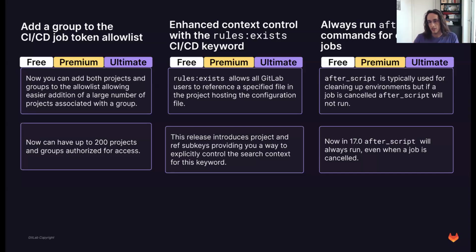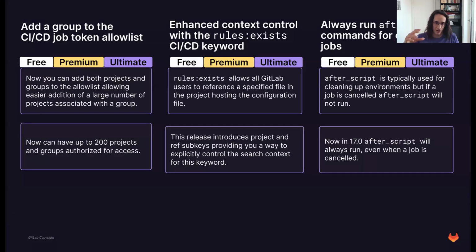And the last one, to be honest with you, is my favorite, and it has bitten me personally multiple times already. So I'm really happy to see that finally implemented. We have this after_script element in our pipelines, right? Which is basically like, after your script has finished in a job, please run this thing. I come from a software engineering background, so I kind of assumed, instinctively, that it works like try-catch, or you know, this programming concept where you have something that you want to execute, and if anything fails in that block of code, you want to make sure that this cleanup works all the time.